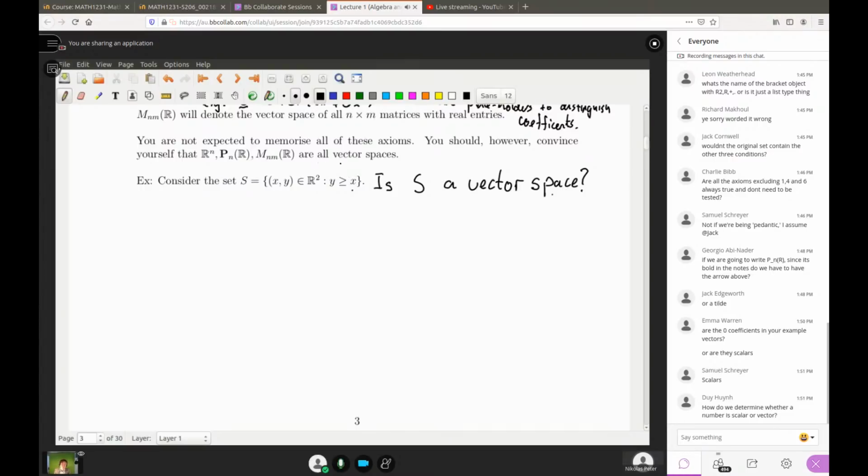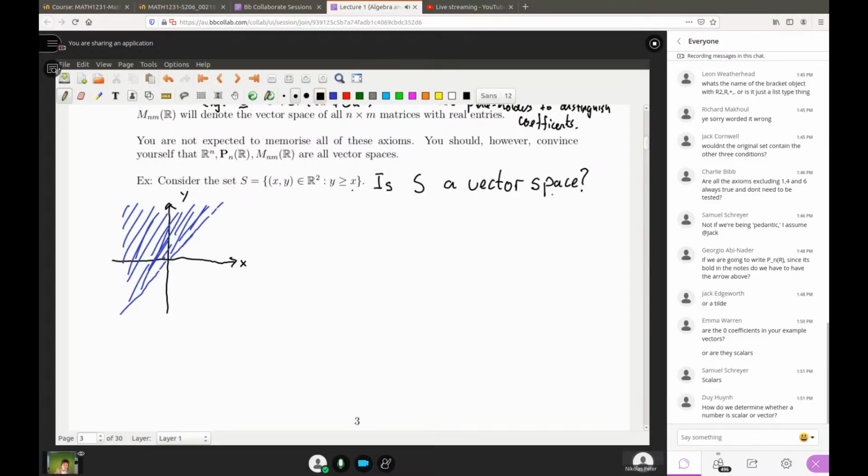Let's talk about this set. First thing we do: what does the set look like? Glad that we're starting off right. What does this thing look like? Here's x. Here's y. Here's the line x equals y. And we're talking about the set of all possible vectors in the space where y is bigger than x. So that means this region over here, this whole slice of the plane. This stuff.